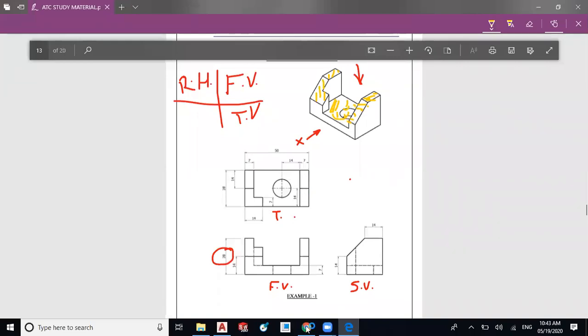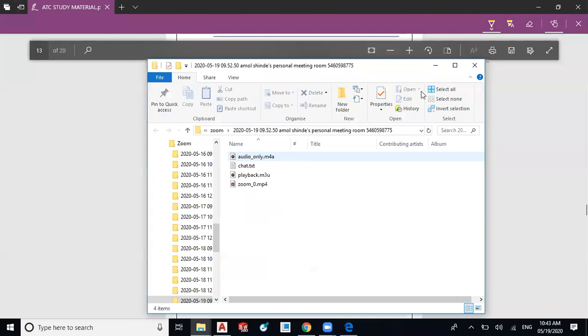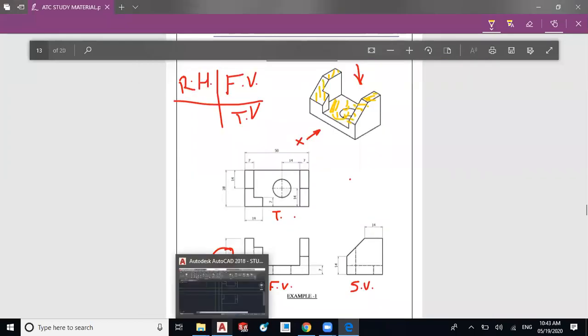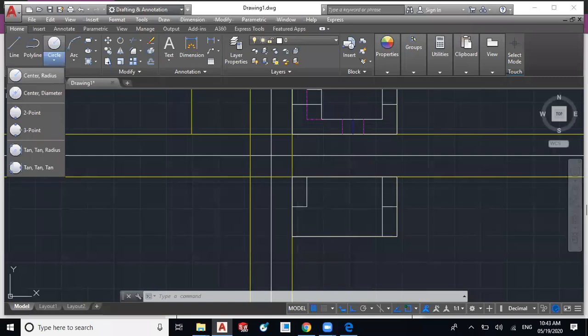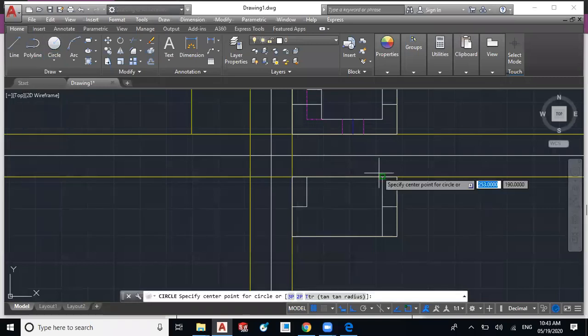So we'll track the position of that hole. I will select the circle, center, radius. No need to track this, we have to track this point. You will get the cross, then you have to track the position.